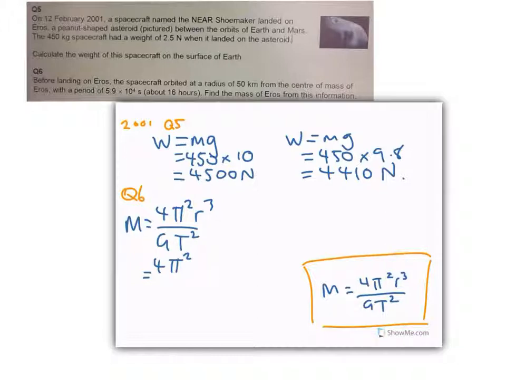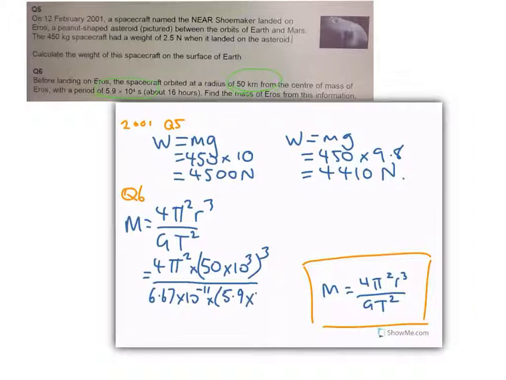And the question tells us that it's orbiting at 50 kilometres, so that's times 50 by 10 to the 3, so it has to be in metres, all cubed, divided by gravitational field strength, the constant, we have 6.67, and that needs to be multiplied by 5.9 by 10 to the 4 seconds squared. And if we plug that all into a calculator,